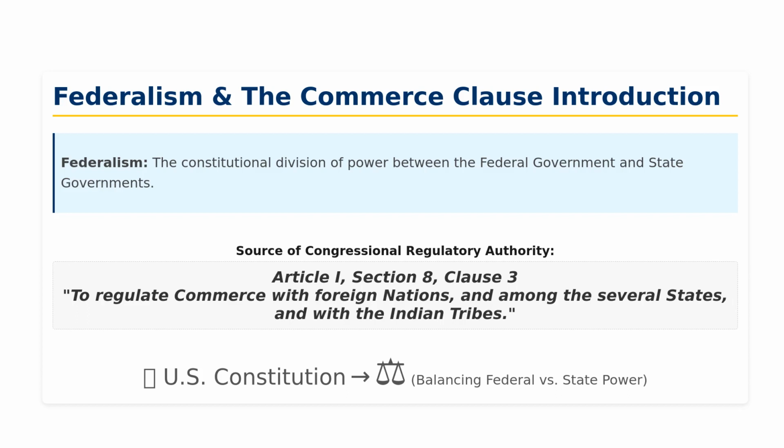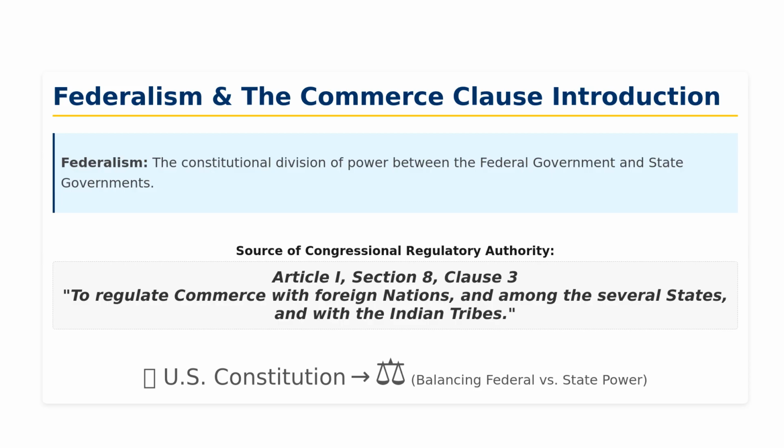We begin our deep dive into congressional power by establishing the foundational structure of American governance, federalism. Federalism is the constitutional division of authority between the national government in Washington, D.C., and the individual state governments. This delicate balance is constantly tested, and nowhere is that tension more apparent than in the scope of Congress's regulatory